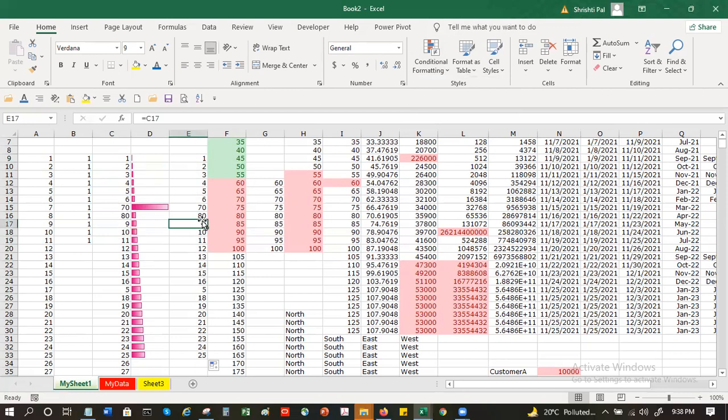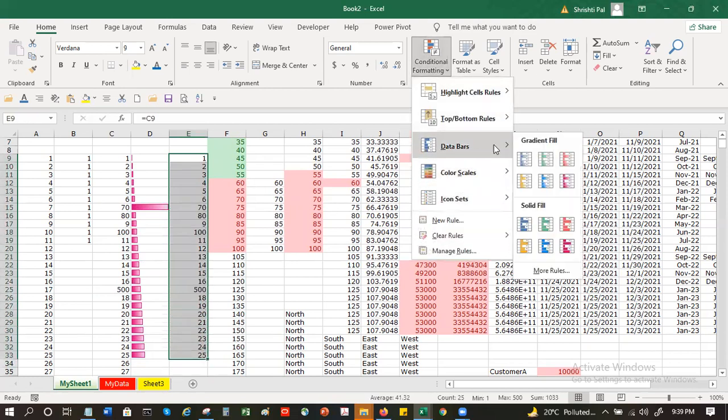Let's test it out. I'll make it 100. See, this changed to 100, but this one remained 10. This did not change. Both of you clear? I came here, instead of 50, I made it 500. This value immediately changed to 500, but this one remained as it is. Now my graph that I'm going to create, I will create on this one. I will leave that original one untouched.